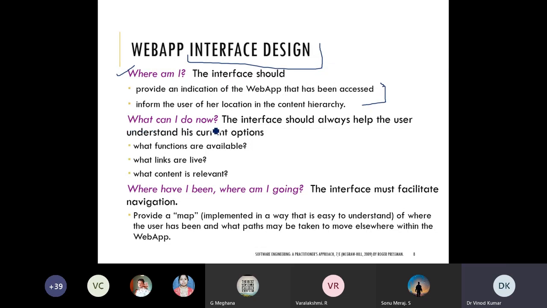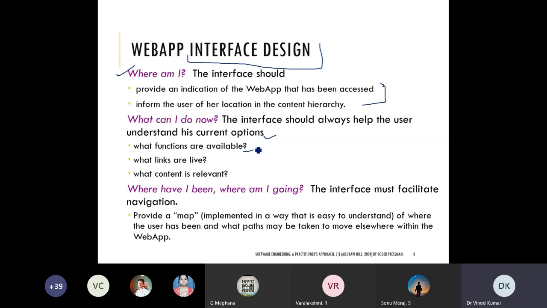What can I do now? The interface should always help the user understand his current options. So what functions are available there? What links are live, and what content is relevant. So it will tell what the user can do there.